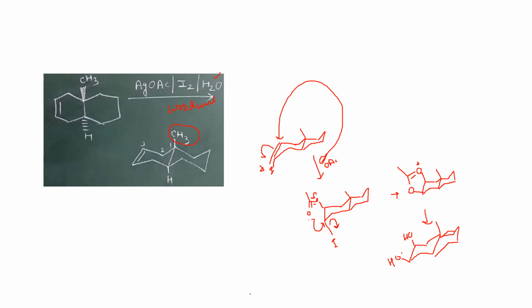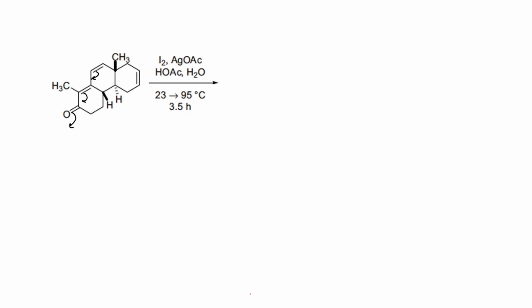Okay, I hope it's clear. What will happen in this case? Now you can see both these double bonds are conjugated with this carbonyl compound. This is an alpha beta unsaturated compound, also conjugated with extended conjugation. So due to conjugation, this iodine will not be able to coordinate with this double bond, whereas this double bond is isolated, so this is more electron rich. So iodine will coordinate with this double bond, and as CH3 is above the plane, iodine will approach from